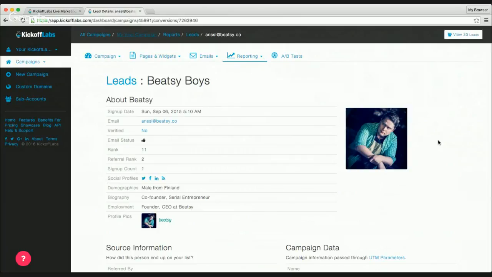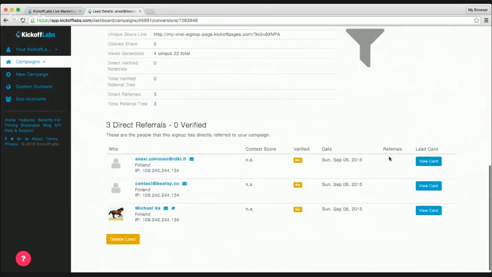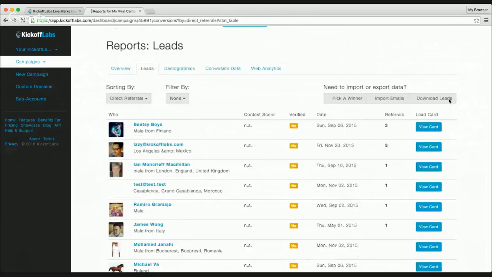This is really going to help you learn a lot more about your leads, learn who's actually buying from you, learn who's your ideal customer segment, who's your ideal customer target, who you should be targeting in paid PPC, like pay-per-click campaigns, for example. So I just wanted to quickly show you one of the really cool features that I love of KickoffLabs.